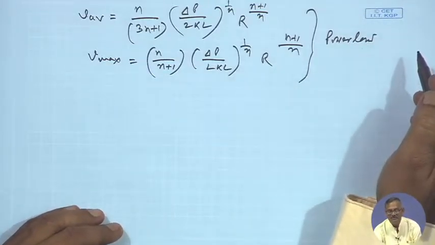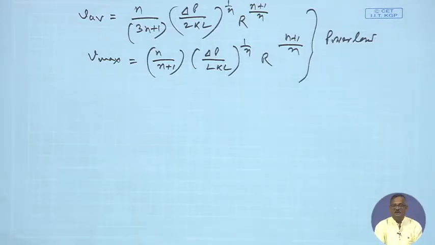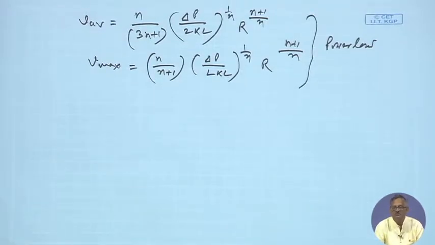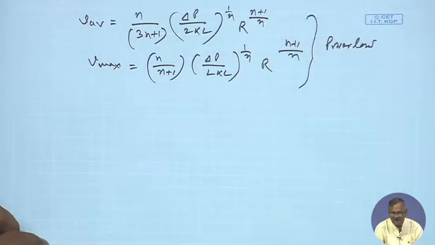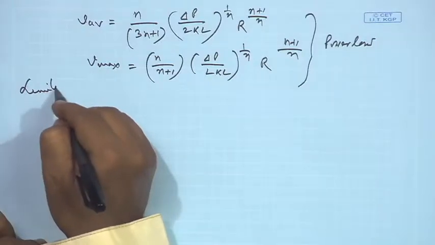And we said for V max that if we add in the limiting condition, we saw that when n becomes equal to 1 and k becomes equal to mu, then under limiting condition this becomes the same expression as we obtained for Newtonian fluid flowing through a conduit or pipe having radius r. This we had established. Now, let us also look into that limiting situation. So, under limiting condition,